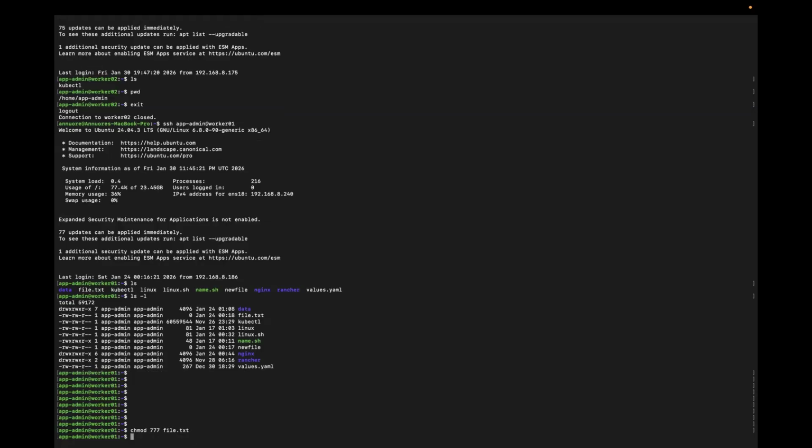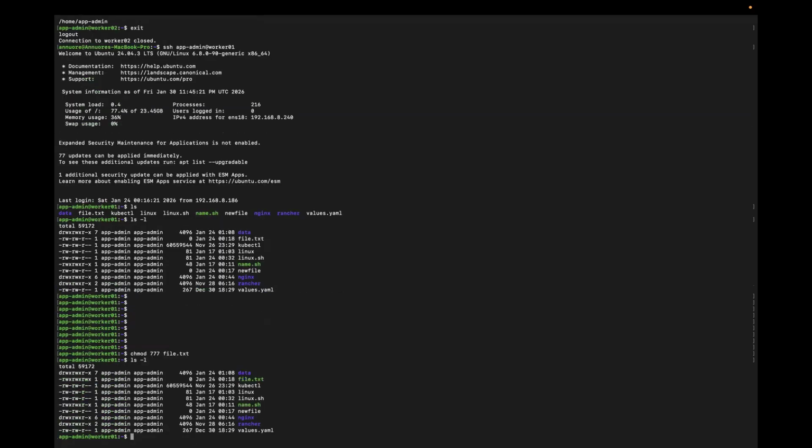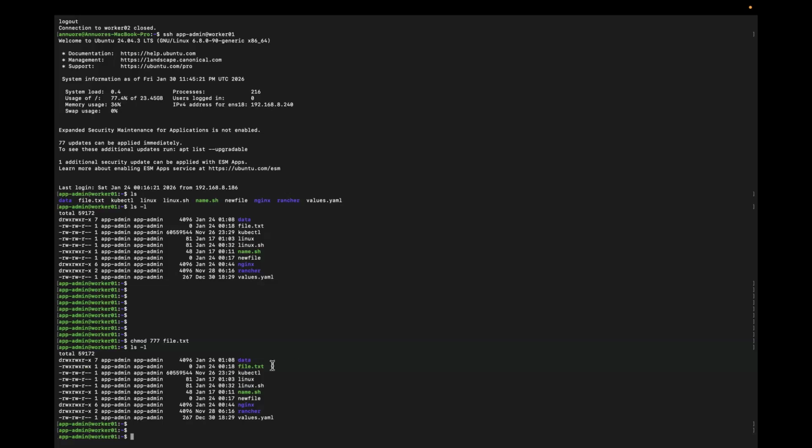And if I run enter and I run my ls -l again, you would see it right here that my file has full permissions now. All the users have full permissions, unlike what we had here earlier. Now, let's say we want to go back to what we had, which is 664. Let's say we want to go back to these permissions that we had. We just run the same thing, chmod 664